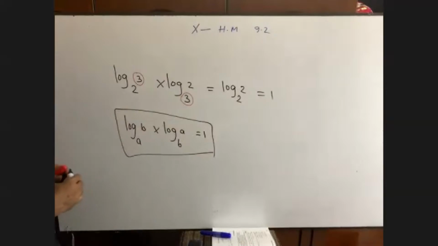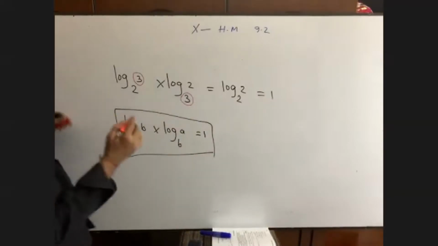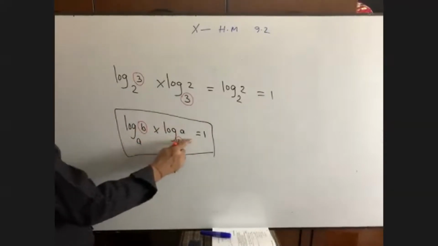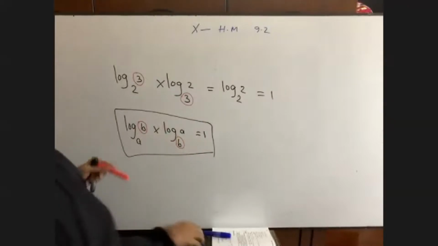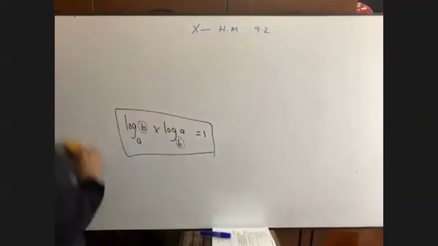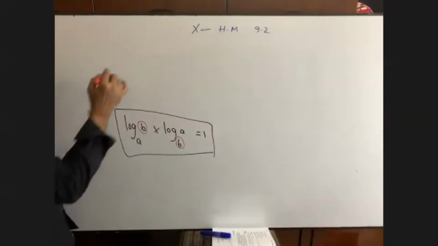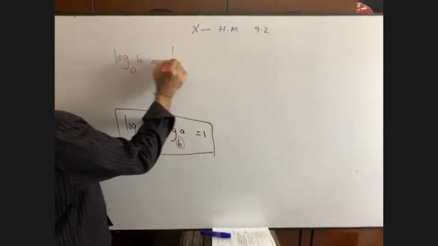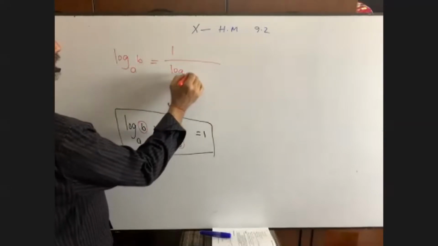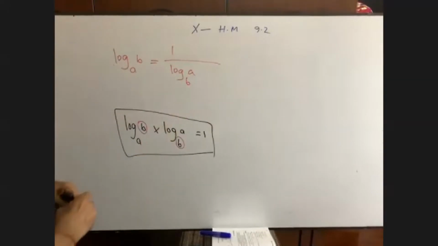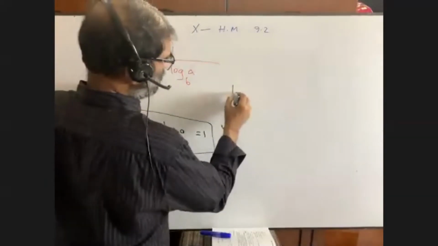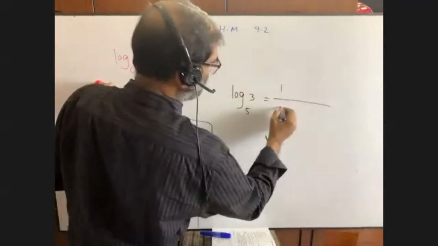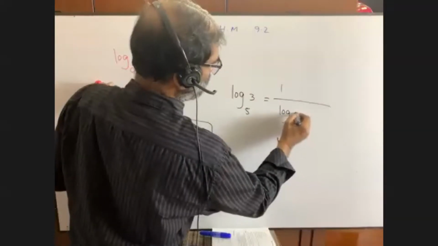Okay, here what happens, you know, this b will be omitted. So we'll be left with log a base a. A base a equals to what? 1. Again, you see, from here, we can write down another formula. You see, it will be needed today. From here, we can write down log a base b is equal to 1 by log b base a. And you know that from here, we can also write down log 5 base 3 is equal to 1 by log 3 base 5.